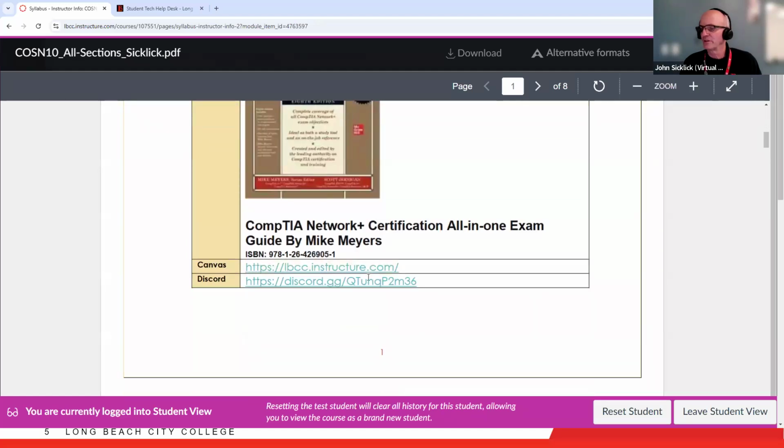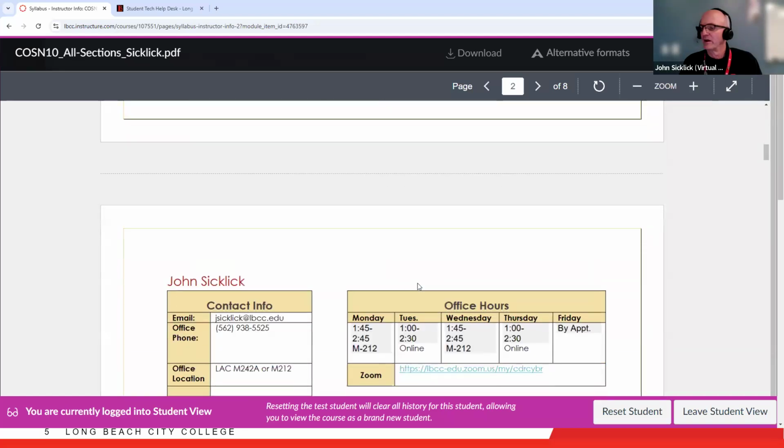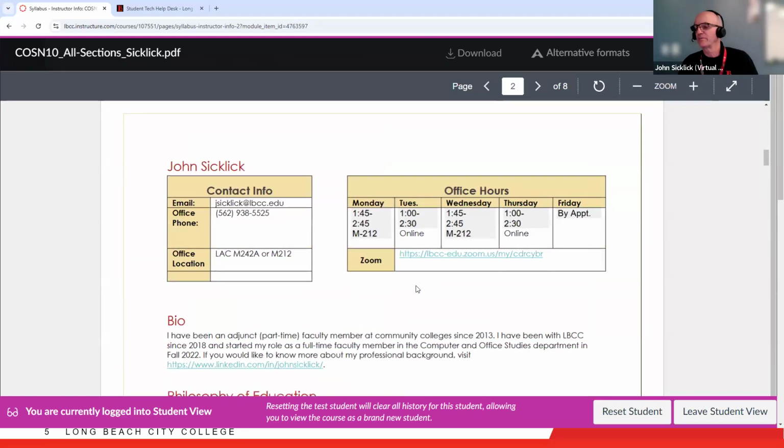And then kind of boring links. We know we use Canvas, and I'm going to tell you more about Discord. So here's my contact information again. I'm going to have more on contact information in a second. But if you have this downloaded somewhere and you just need a quick look,